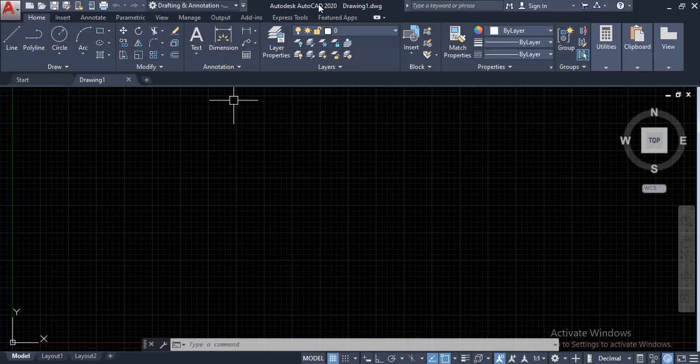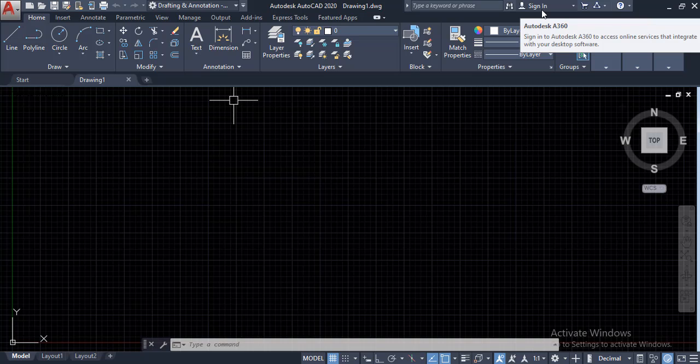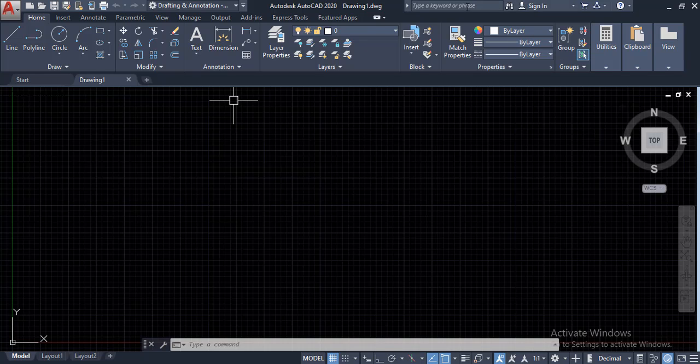Next, after this title bar, we have the option of Information Center. Information Center is a doubt clarification center, or I can say a help tool. So it works like this: when you have any doubts regarding any of the tools in AutoCAD, you can take the help of this Information Center. First you need to create your ID. You need to sign in. You need to create your ID, and then you can log in and use this option of Information Center.